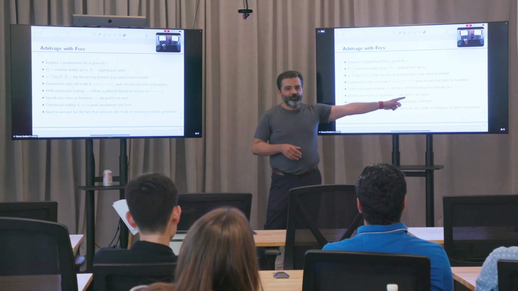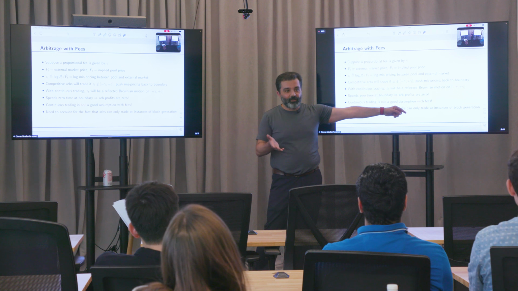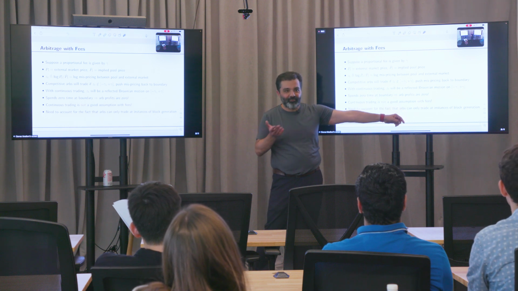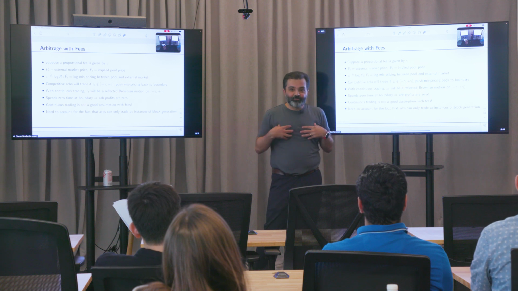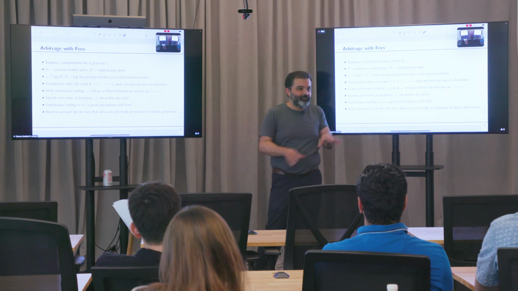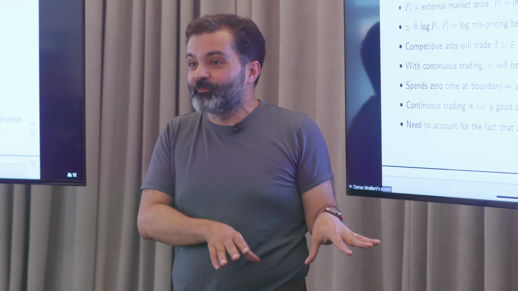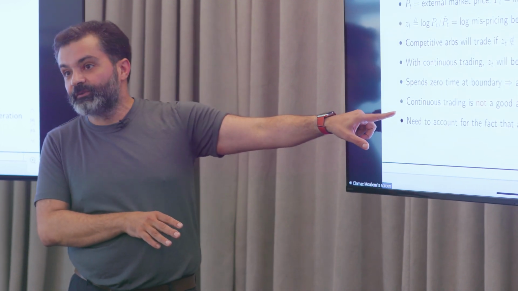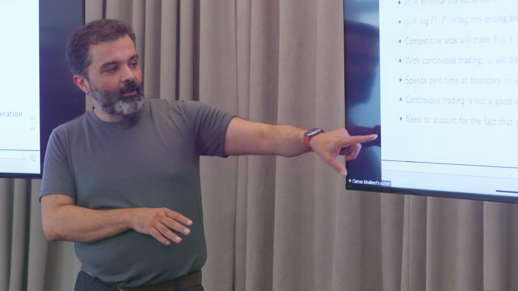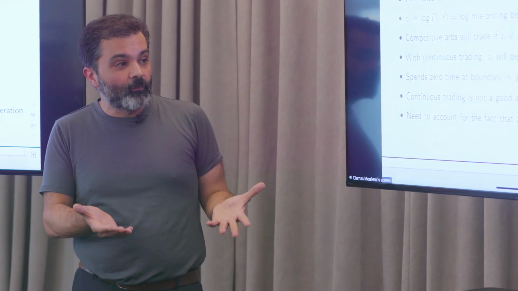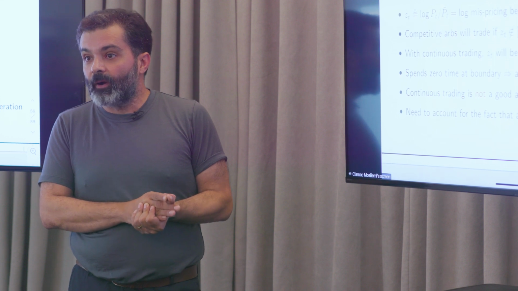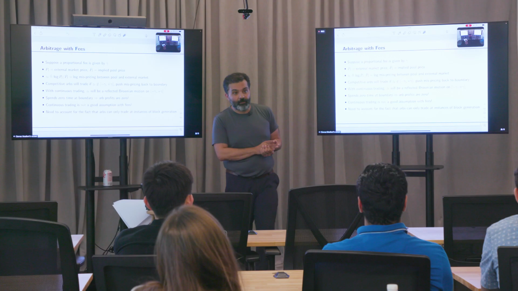Now, of course, we know that there are real arbitrageurs in the world. They're called searchers, and presumably they make money because they haven't gone out of business. So my assumption would be if they exist in the real market and they don't exist in my model, probably something's wrong with my model. And the thing that's wrong with the model here is the assumption of continuous trading. You can't continuously trade. You can only really trade at instances of block generation, and that's going to be quite important for reasons we're going to see in a second.